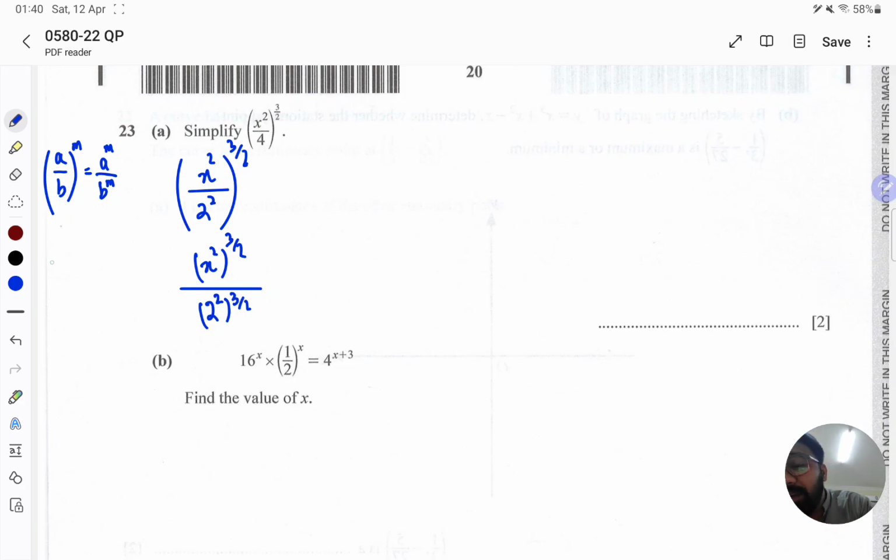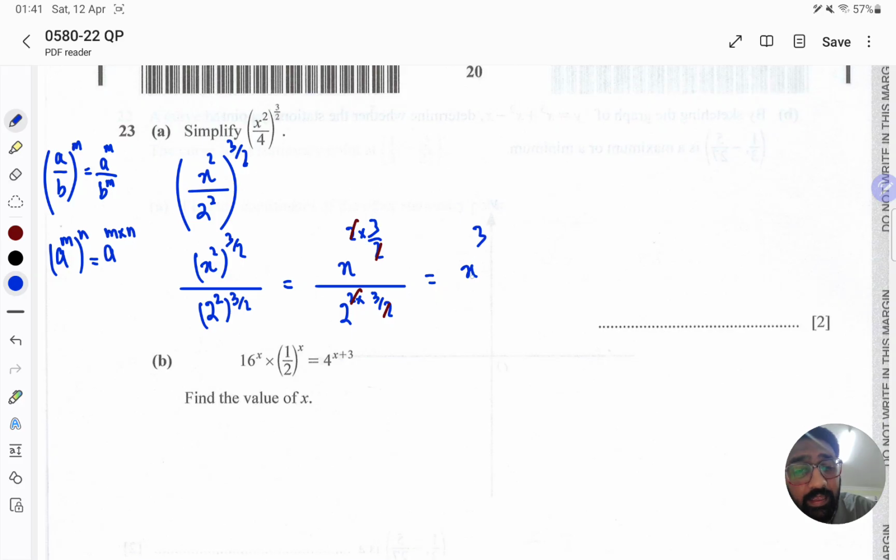Now there is another law of indices which says that if there is a power and there is another power on top of it, the powers get multiplied. So you are going to multiply 2 with 3 by 2, and similarly you are going to multiply this 2 with also 3 by 2. Now this 2 and 2 will cancel out, and you will be left with x power 3 divided by 2 power 3, and 2 power 3 is basically 8, so the answer is